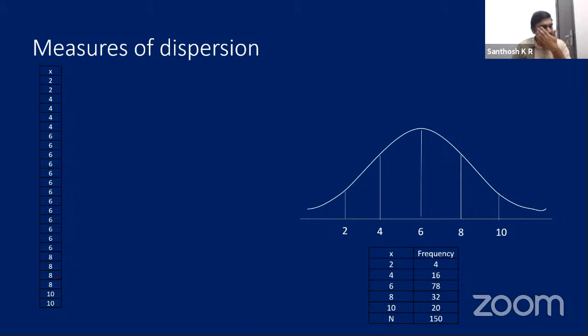Okay, when researchers looked into measures of central tendency, they understood they are doing something wrong. Why is it wrong? Because they are only talking about the center. They are not talking about what? The extremes. So some of them thought we have to talk about the extremes also. Then only we can say completely about a particular data.